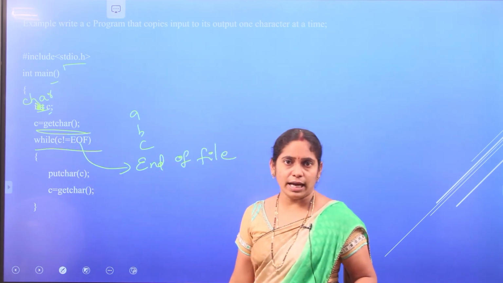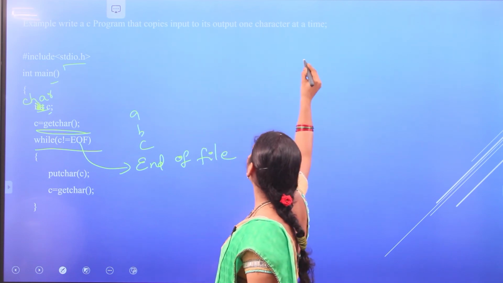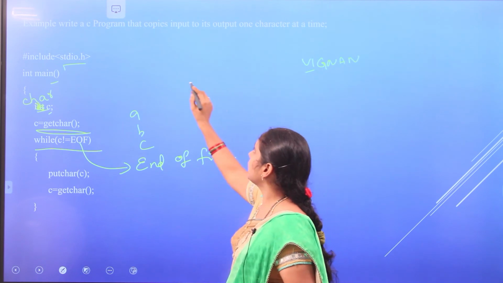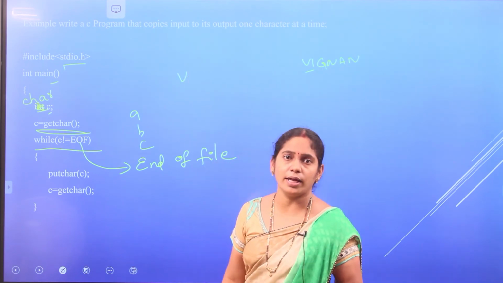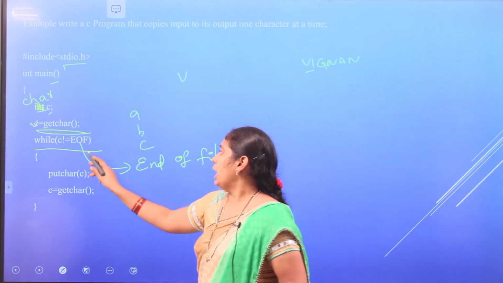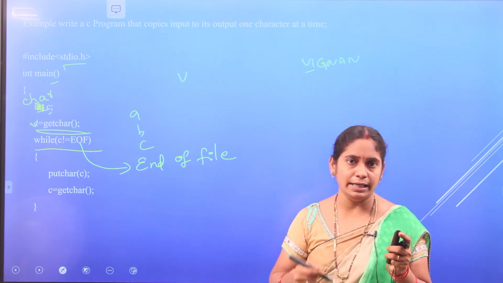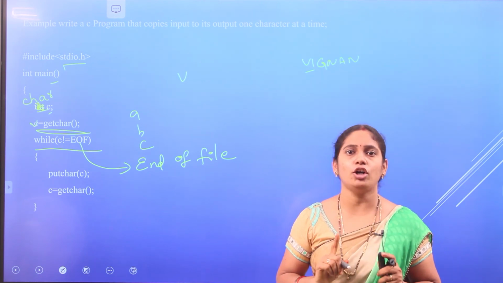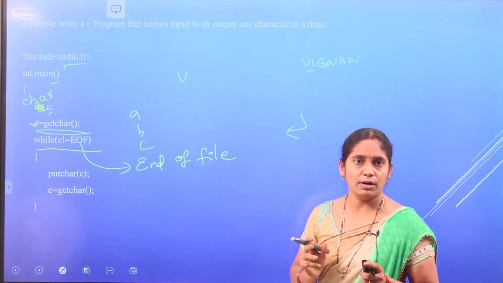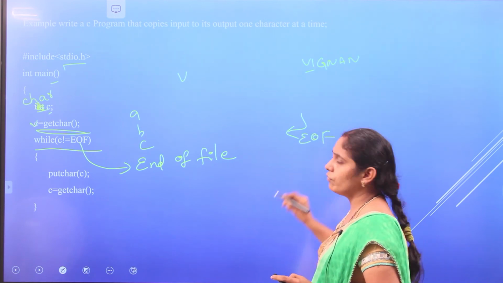So read some value into that C. First store something into that. I want to print the text Vignan. So first I entered a letter V, which will be stored in C. End of file means whenever we press the enter button, that will be considered as end of file. So after typing all the letters, usually to see the result we press the enter button, and this is considered as end of file.